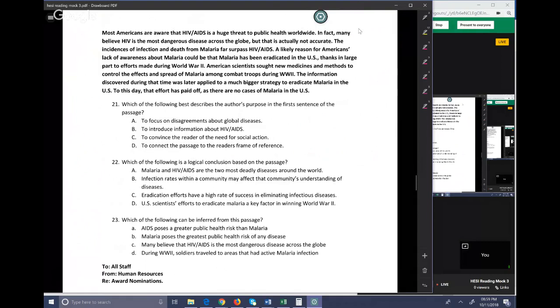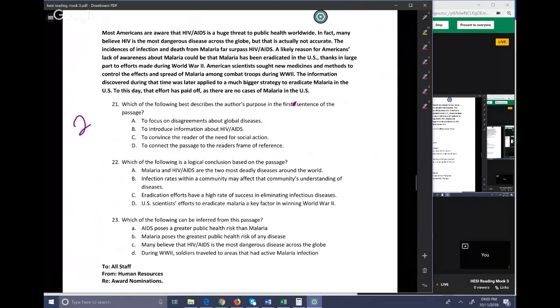Question 21, I said you would get by understanding the concepts of reading 2. It says, what's the best description of the author's purpose in the first sentence? Just in the first sentence. I fixed this and somehow it still made it to the final copy. It's just supposed to say first, not firsts. I don't know how the S got into my new copy. So just the one sentence.